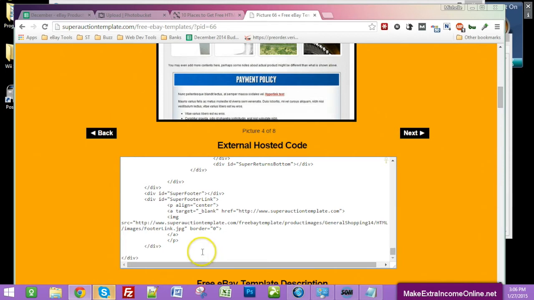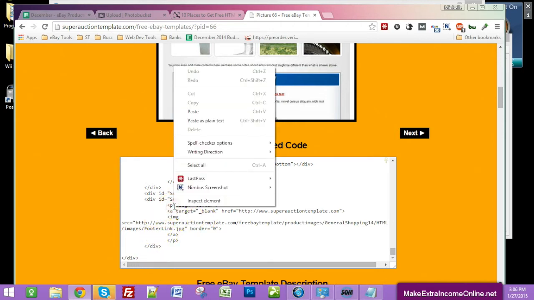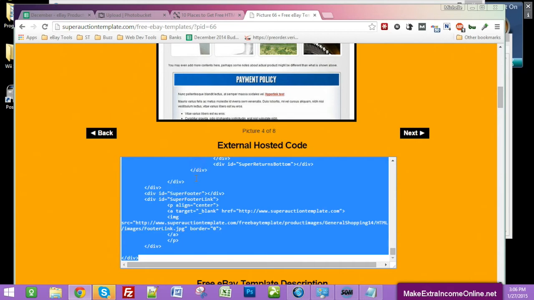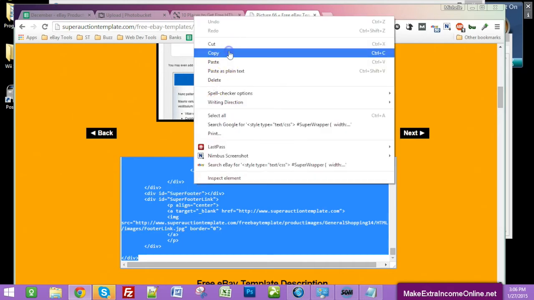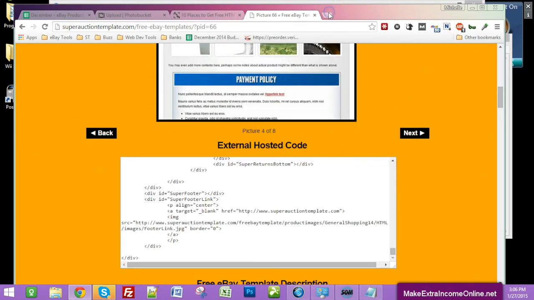So we'll just go ahead and assume we're going to use their template hosted on their website right here. Alright, so what we're going to do is right click, select all, and copy that, okay? So the other thing we need to get, and I didn't mention this before, is we need to get a